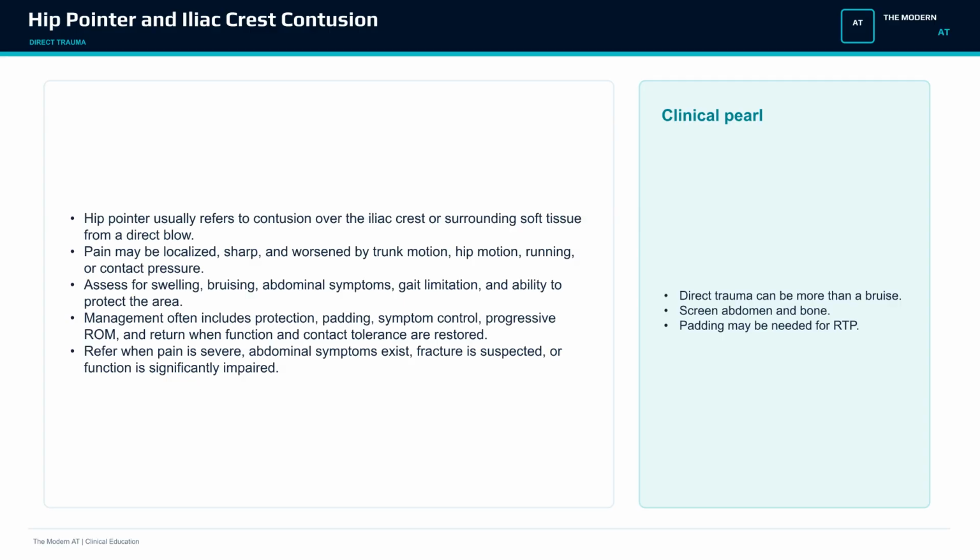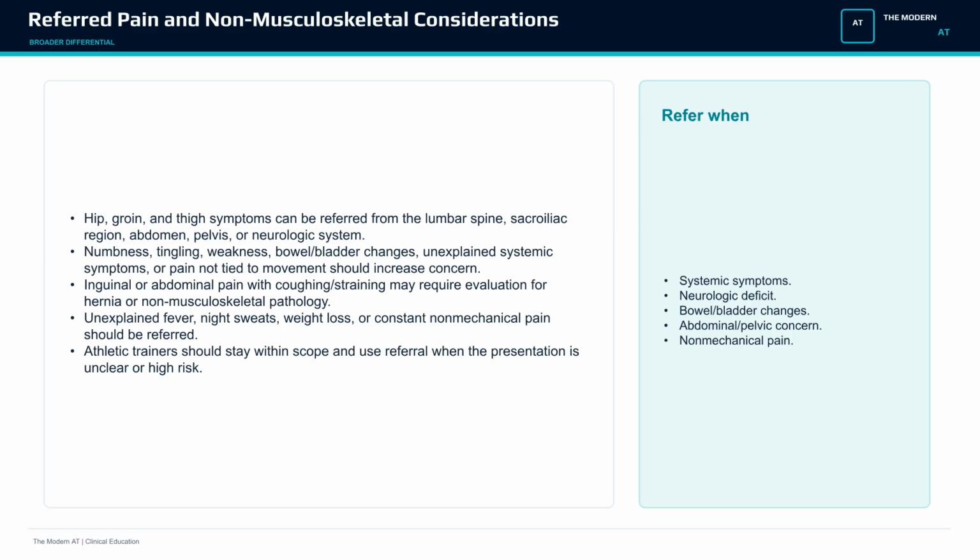Refer for severe pain, abdominal symptoms, suspected fracture, or significant functional impairment. Hip, groin, and thigh symptoms can be referred from the lumbar spine, sacroiliac region, abdomen, pelvis, or neurologic system. Numbness, tingling, weakness, bowel or bladder changes, fever, night sweats, unexplained weight loss, constant non-mechanical pain, or symptoms unrelated to